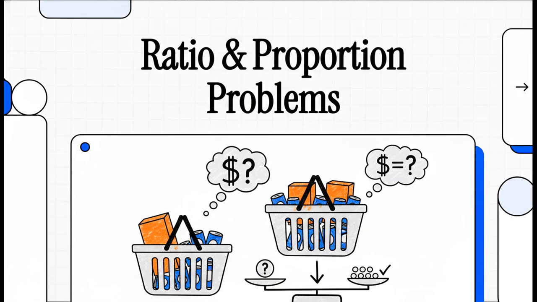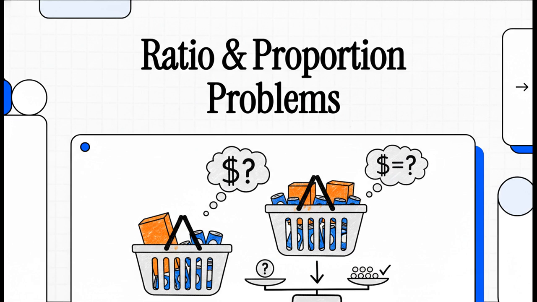Have you ever been in a grocery store staring at two different sizes of the same thing and trying to figure out which one is actually the better deal? Well, it turns out the answer to that little puzzle is all about a super powerful math concept: ratio and proportion. And today, we're going to break down how this is the secret tool you can use to make smarter